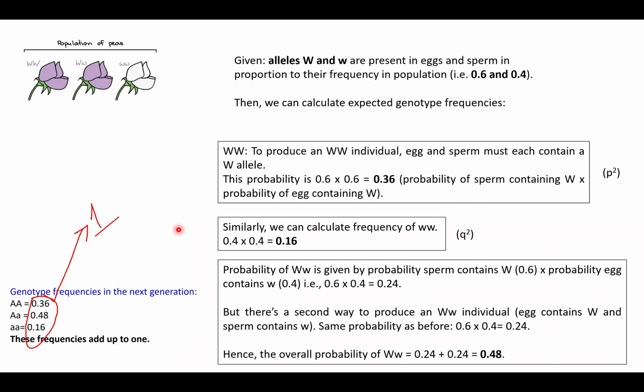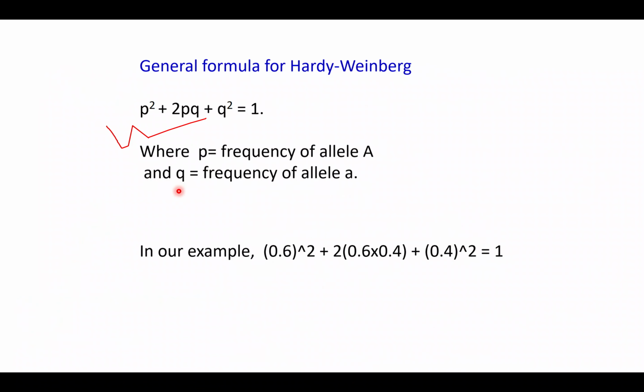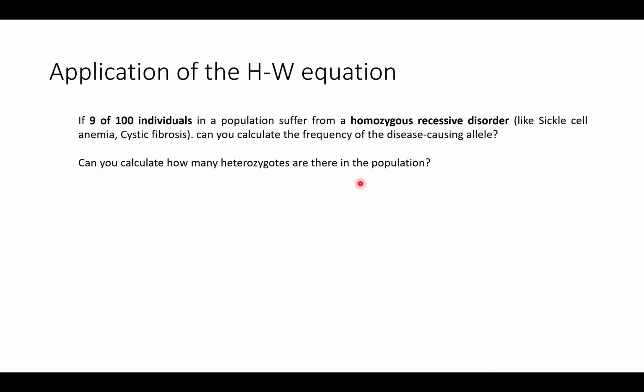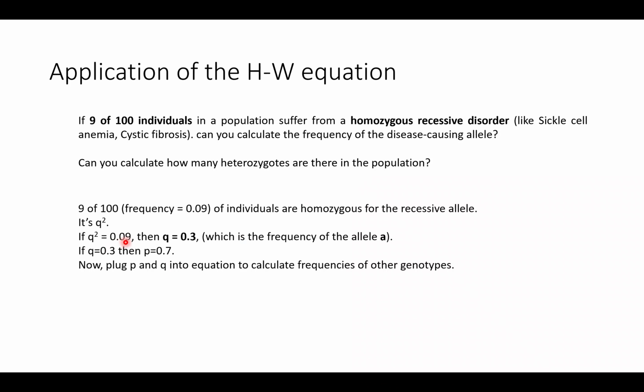I'll just quickly go back to this one. See here, the homozygous condition, small w is twice and it is q square because we are giving q as the frequency of a single allele, that is the recessive allele. So for the recessive allele homozygous condition, the small a has to be twice, so it is q square actually. Now you can answer. So q square is 0.09. Then you can find q, which is 0.3, the frequency of allele small a.